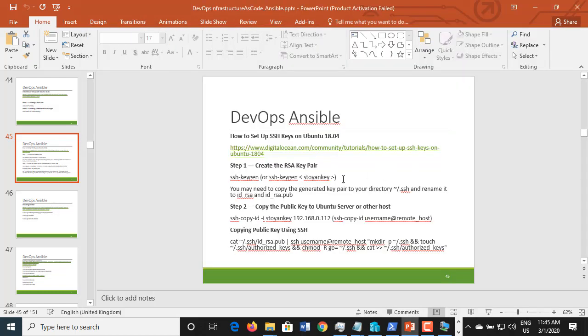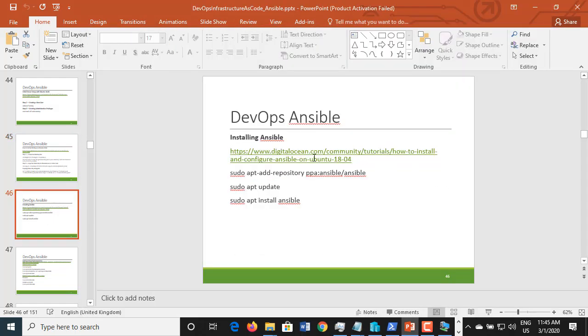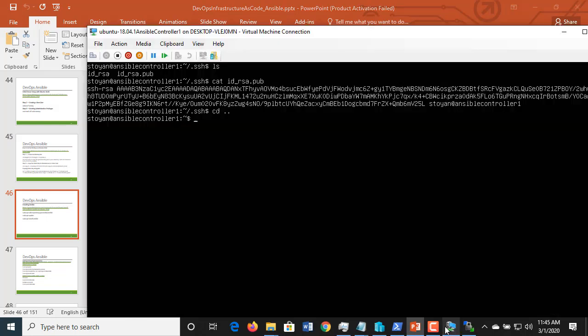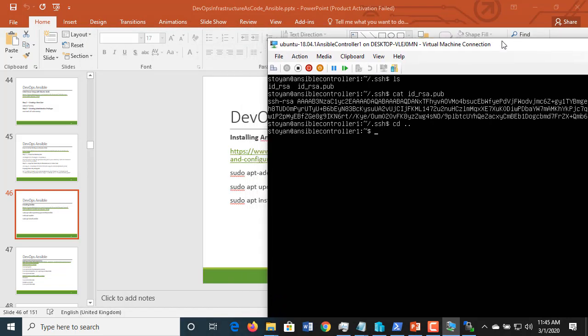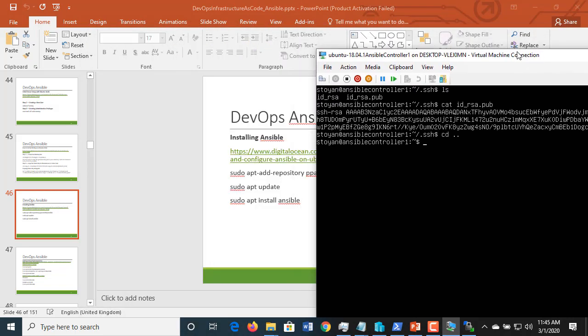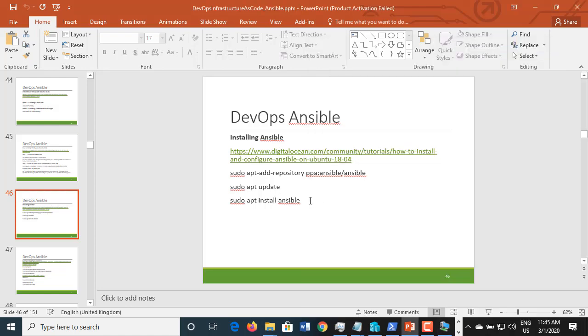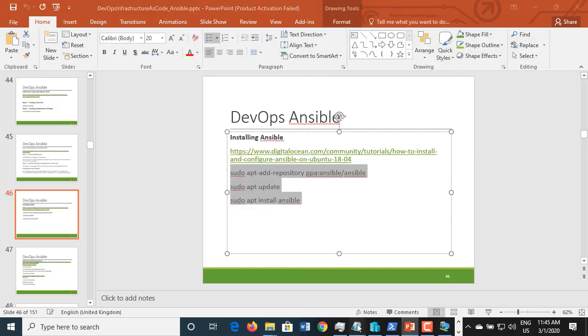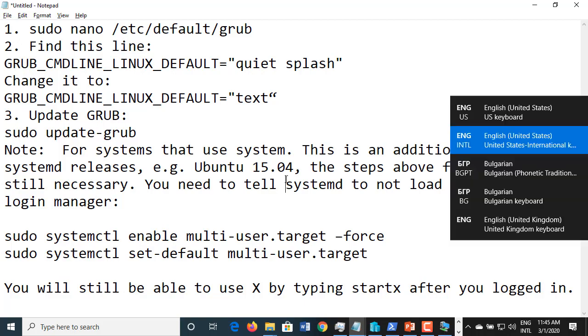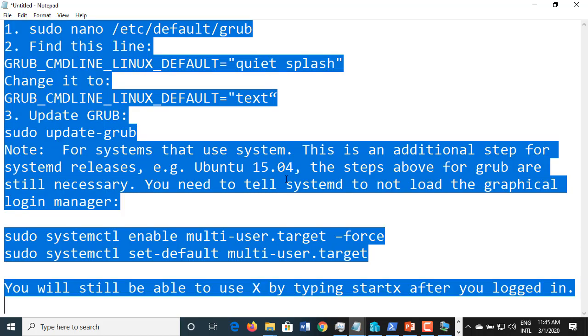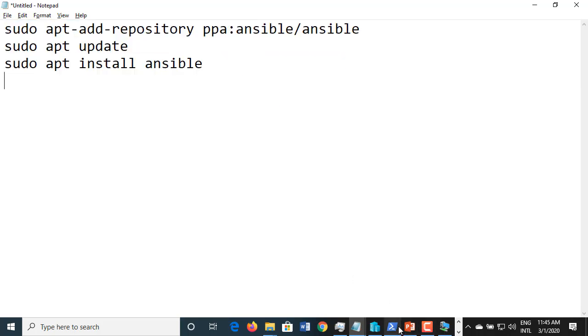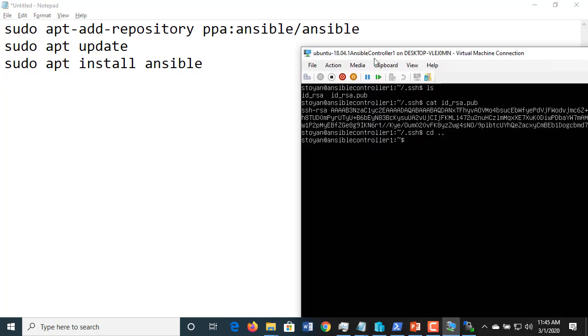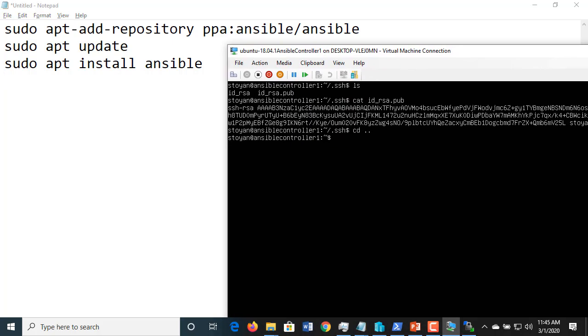So let me continue now with installation of the Ansible. Sudo apt repository. Right now I have to add a repository. This is step number 3 or 4. Sudo apt repository. Let me paste here so I can see it better, because even with glasses I don't see it very well today. Okay, start Ansible controller 1. Okay, so I'm gonna go sudo